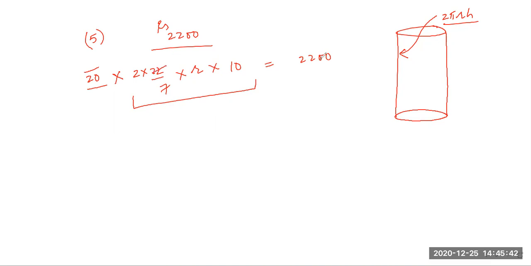See, this is 22, 22. This will be 100. So these two zeros will be gone with 100. So very simple. R is equal to 7 will go up. Am I right? And here will be 2 into 2. This is 7 by 4. Is it right? R is 7 by 4 meter. Once you know R is 7 by 4 meter, then you can find the inner curved surface area.